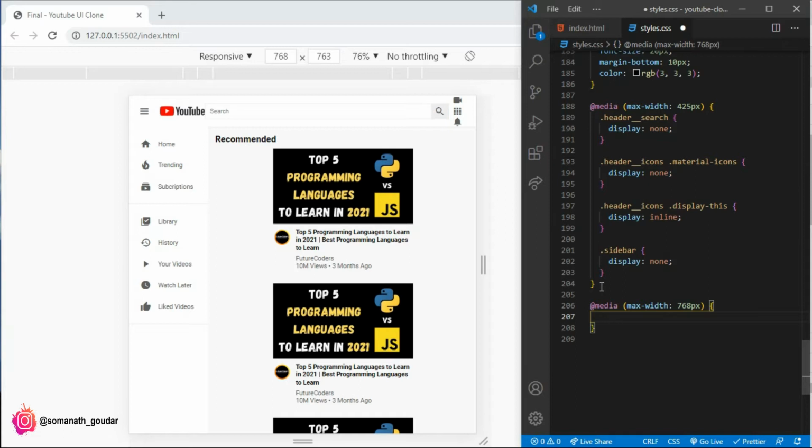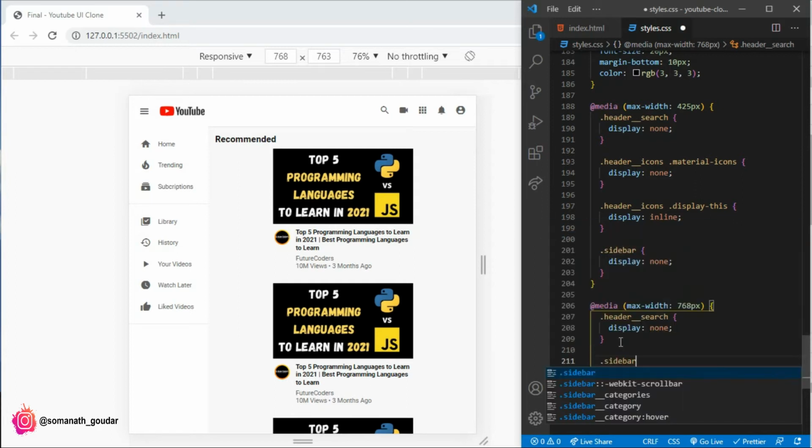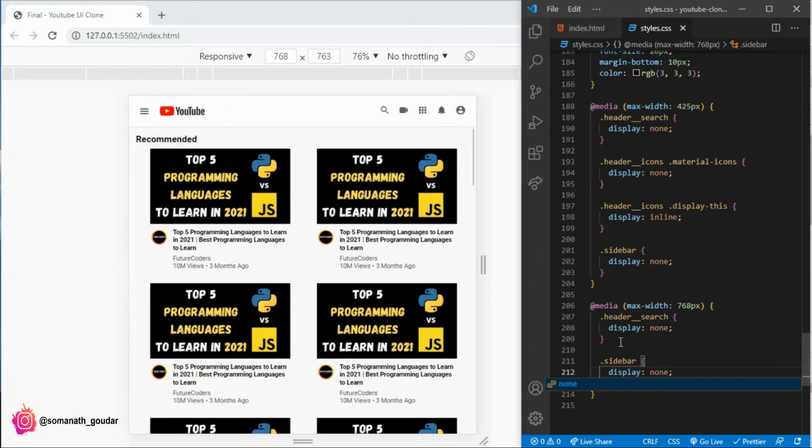And also I don't want to display the whole header search, so I'm just gonna target that, display none, and also I don't want to display that sidebar. Let's also remove that. Now those are gone. As you can see, it looks a little bit better, right?